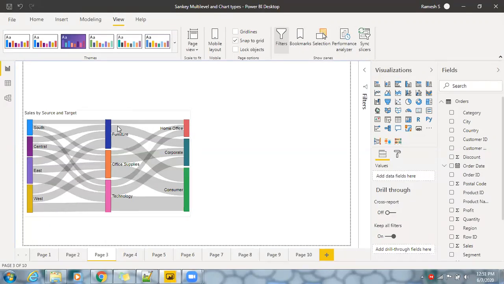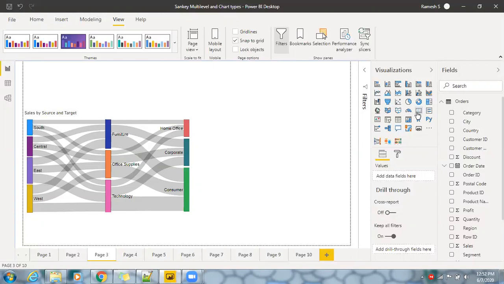I do have an existing sheet which is a Sankey diagram, and what I'm going to do is create a couple of sheets and insert some slicers and cards so that we can use Performance Analyzer. So instead of going for one particular graph or view, let me use some cards here.